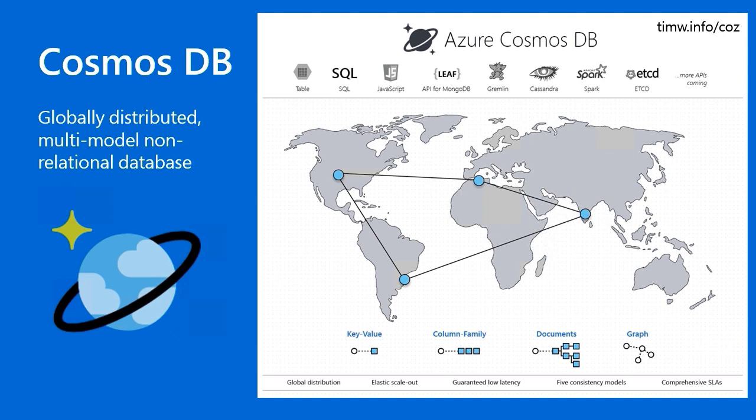So that's going to give your data a very high degree of availability. There's 5 different data consistency models, from strong to eventual. Again, it depends upon how important it is that updates get reflected to all of your replicas around the world. And as you can see at the bottom of this diagram, there are a number of data models or APIs that you can choose from that correspond to different common non-relational data models: key value, column, document, and graph in